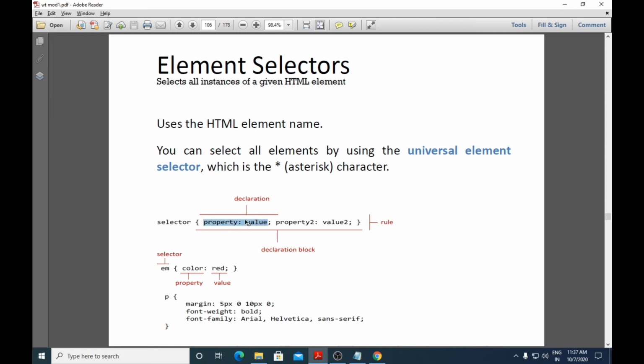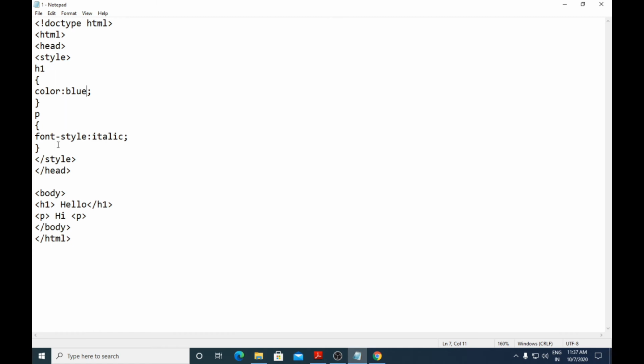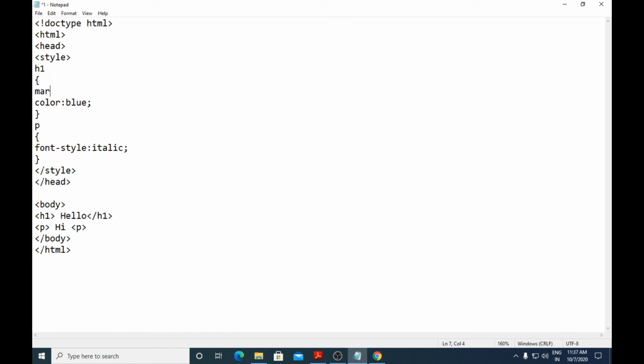A single property value pair is known as a declaration, and a series of declarations is known as a declaration block. This we have previously discussed, and this is known as the element selector. The element selector used here is em, and the property is color, value red. Next you also have p, where you have used margin, font width, font family. In this program we can also set margin.